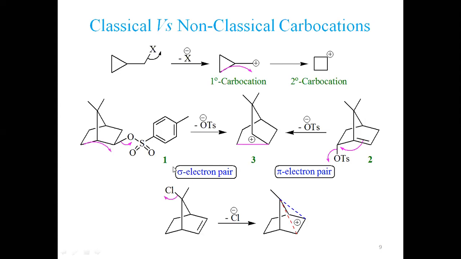Let's say this carbon leaves from here. So this carbon which is present shall be planar. We shall have a pi orbital like this. The pi orbital shall be like this, right? And look at the pi orbital here. This pi orbital is alive. This one, this pi orbital is alive. So this pi orbital and this pi orbital are perpendicular to each other. But even then, they are stabilizing each other. This is what we call non-classical.